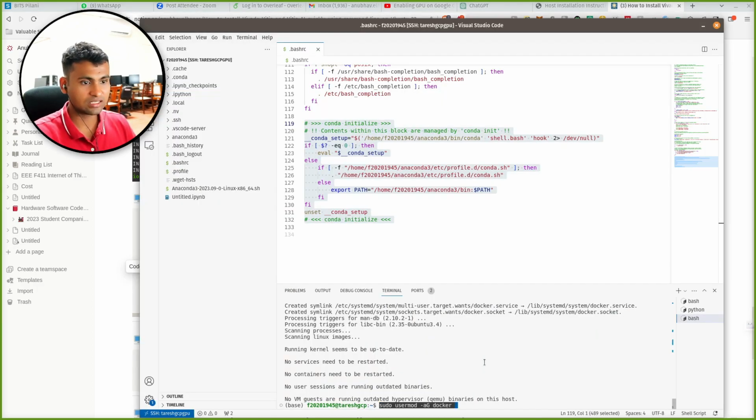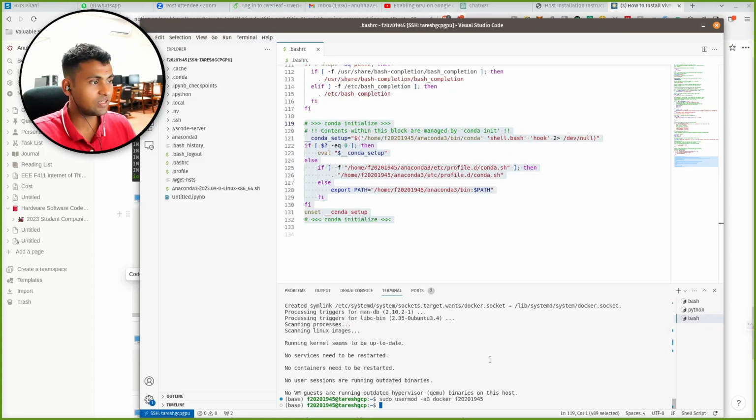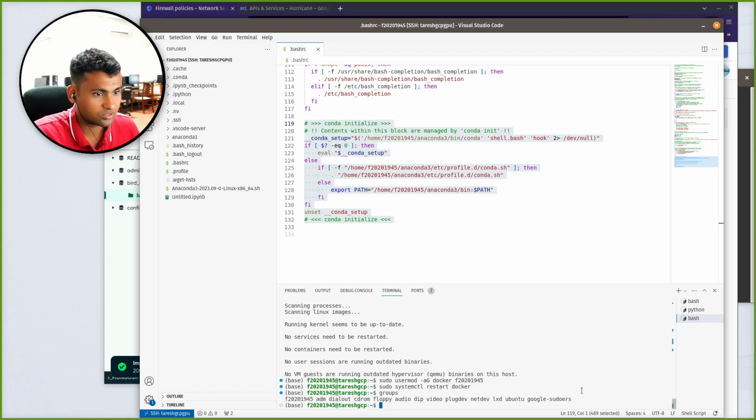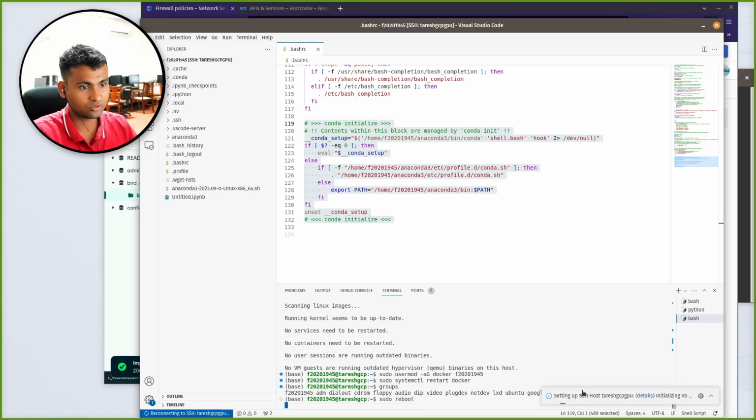And lastly, instead of this user, I would just type the name of this current user, which is F2020. After this step, we'll have to restart the Docker service once. For restarting, we can just use sudo systemctl restart docker. If I type groups, then okay, so I need to do a sudo reboot for the group configuration to actually take